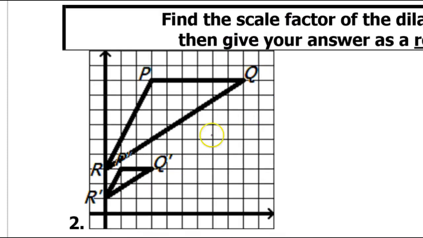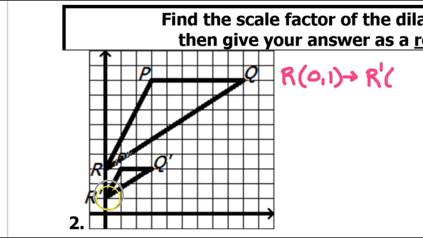For the next couple problems, we need to find the scale factor of the dilation. So it's important to just pick a pair of corresponding points and compare them. So I'm going to choose point R because that's the simplest. So we start off with point R, which is 0, 1. And then we end up with point R prime,